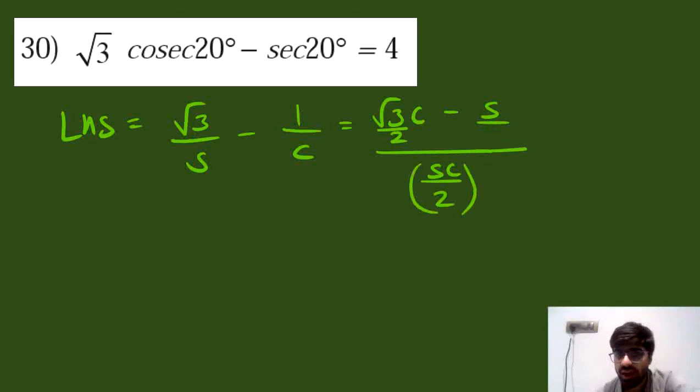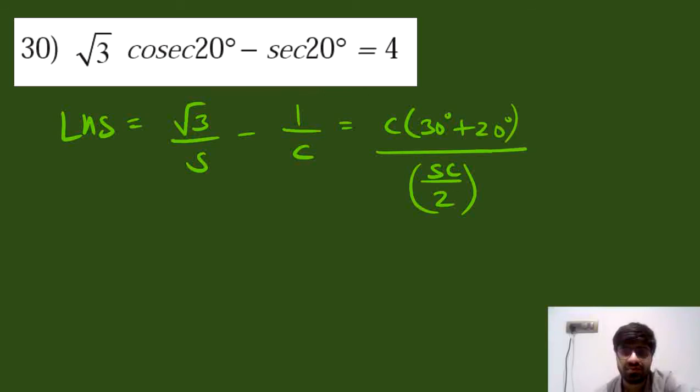Okay. So here we have, write it as half into sine 20. Root 3 upon 2 can be written as, should we write that as cos 30? Let's try that. Cos 30, so cos pi by 6. This would be sine 30, sine pi by 6, into sine of 20 is what we have. So in the numerator, we have the expansion of cos a cos b minus sine a sine b. That would be cos of a plus b. So this would be cos of 30 degrees plus 20 degrees.